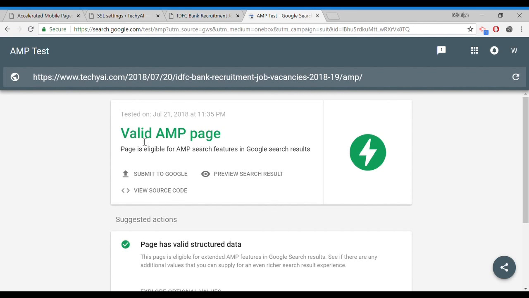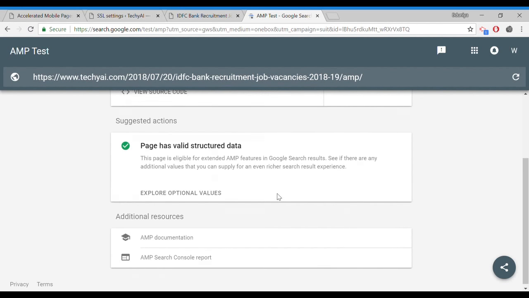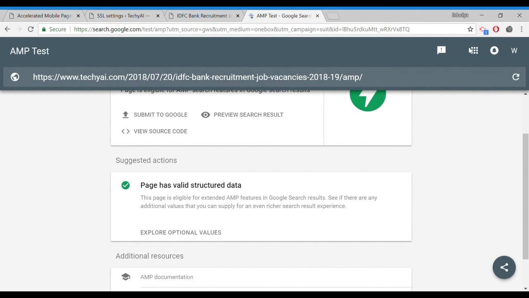here I'm using the Google AMP validator. I just need to put my URL here. I can run the test, and it will